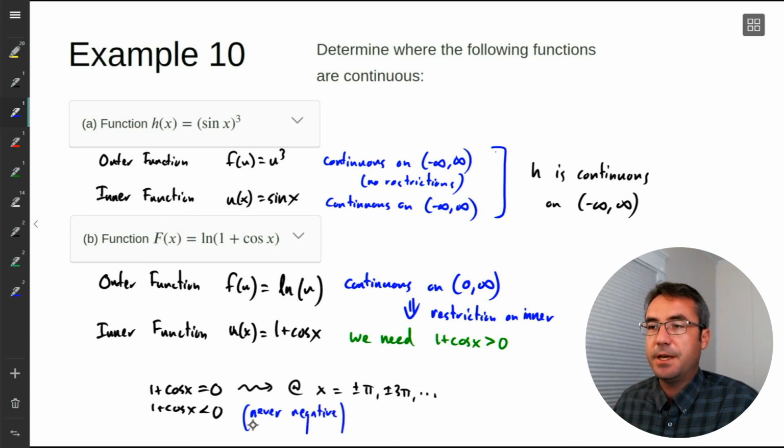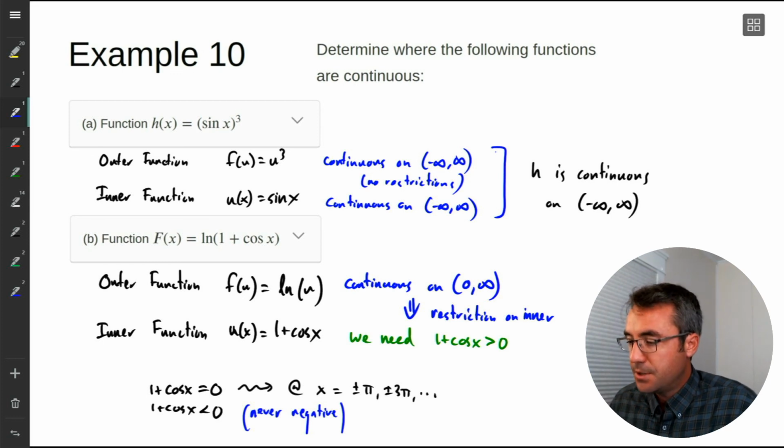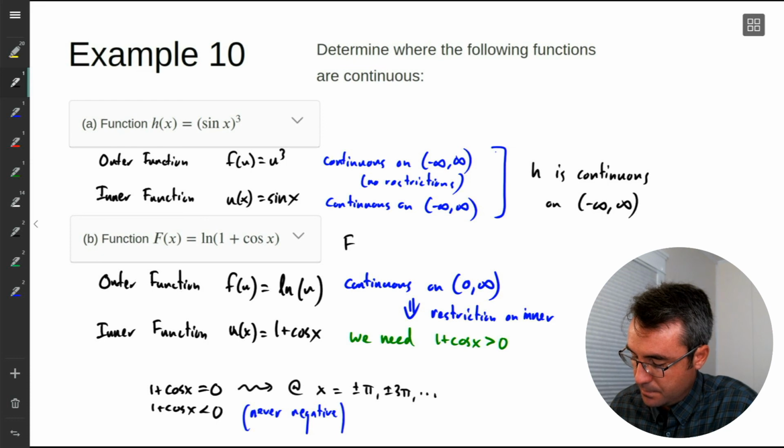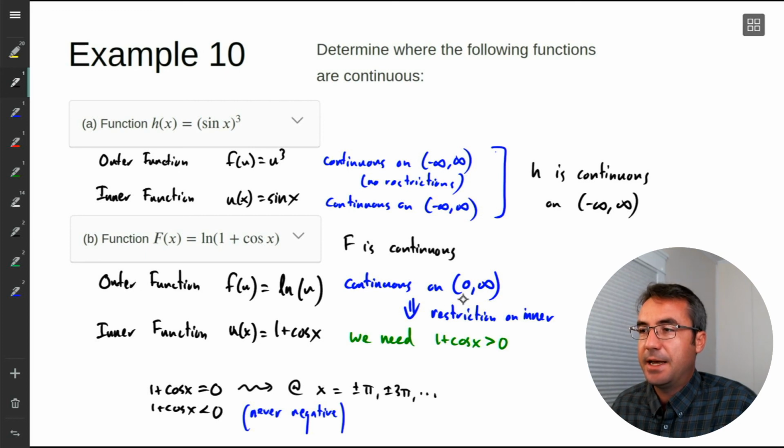So the only issue is the places where 1 plus cosine x is equal to 0. We can't plug a 0 into the natural log function. We can't plug negatives in, but 1 plus cosine x is never negative. So where is this composite function continuous then? Well, it's continuous on the interval